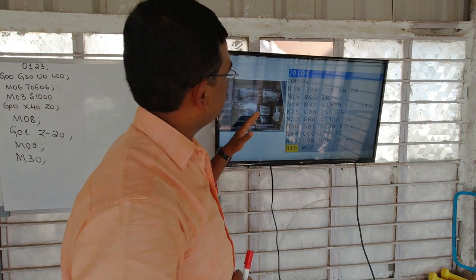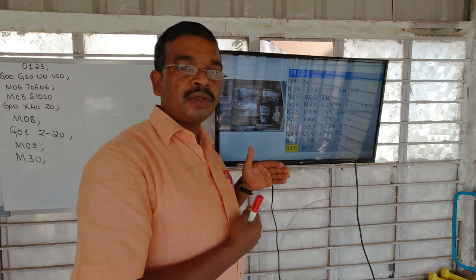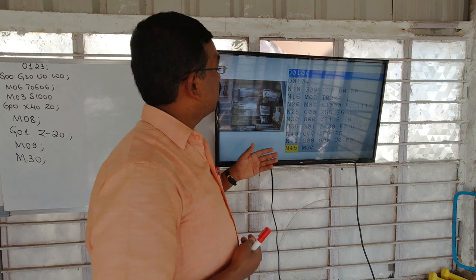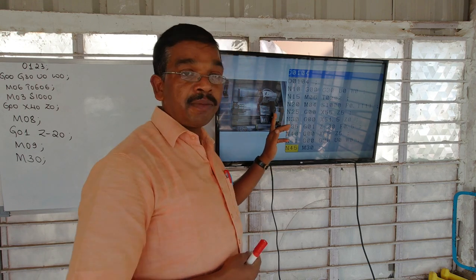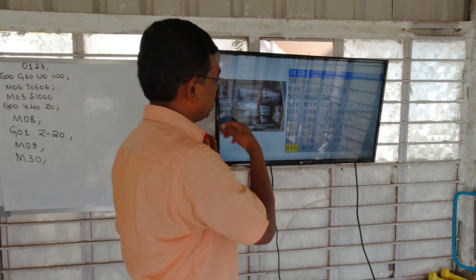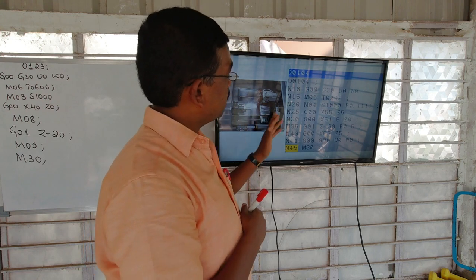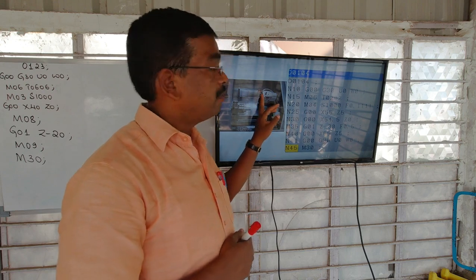In addition to the cutting tool movement, we have to rotate the workpiece, change the workpiece in the required direction, and also move the spindle forward and backward. Other than the cutting tool movement, for rotation of the workpiece, for moving the tailstock forward and backward, and for indexing, we have other codes.